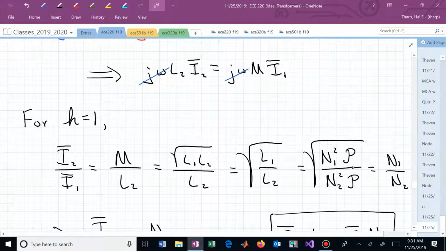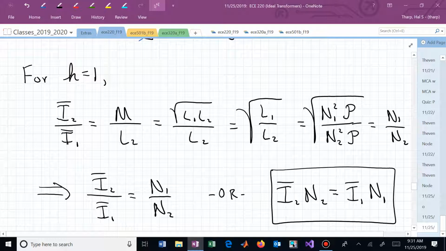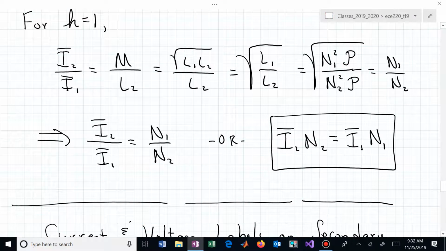Re-expressing the inductances in terms of the permeance cancels. It's high, and it's the same in both coils. And now we get a different relationship between the current phasors and the turns on the coils. Now I sub 2 over I sub 1 is in fact N1 over N sub 2. And again, I like to just think in terms of amp turns